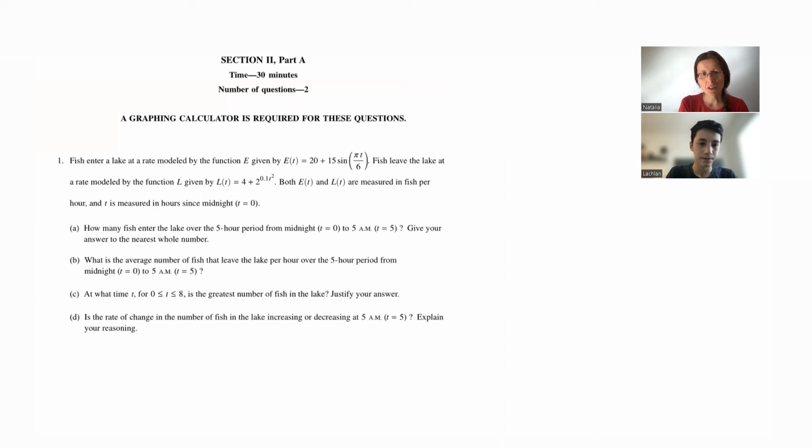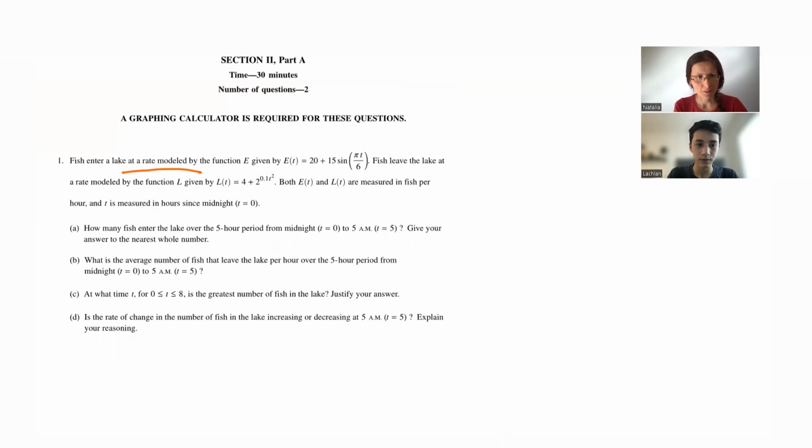That's important because on the AP exam, we have to give the units when we know them. And time is measured in hours since midnight. So the starting time is 0 at midnight. All right. So rates,